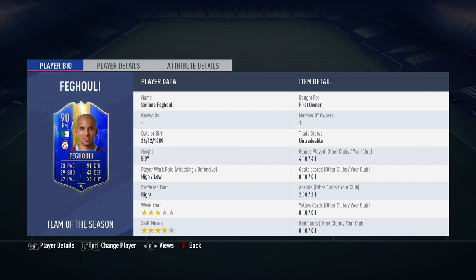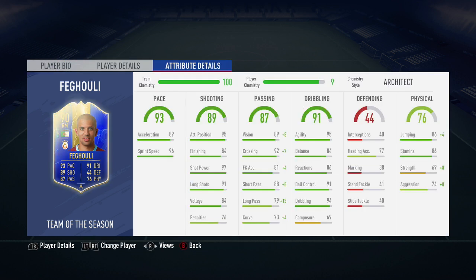Moving along with in-game stats, his main standout stats are going to be his 92 crossing, his 95 agility, his 91 ball control, and finally his 88 short passing. And I did have the Architect chemistry style applied to him in this team of the season card, and according to FUTBIN, if you do decide to do his SBC from scratch, he will cost you in the region of 70,000